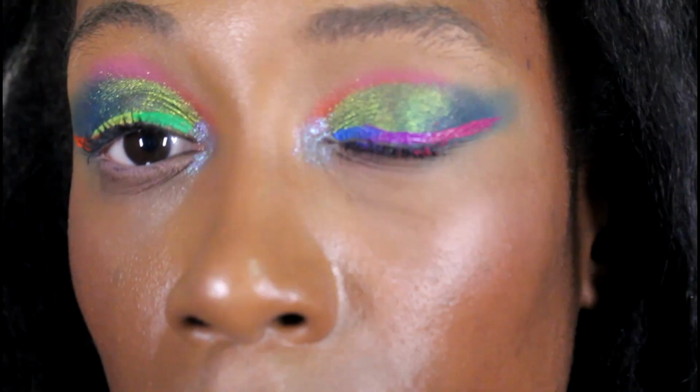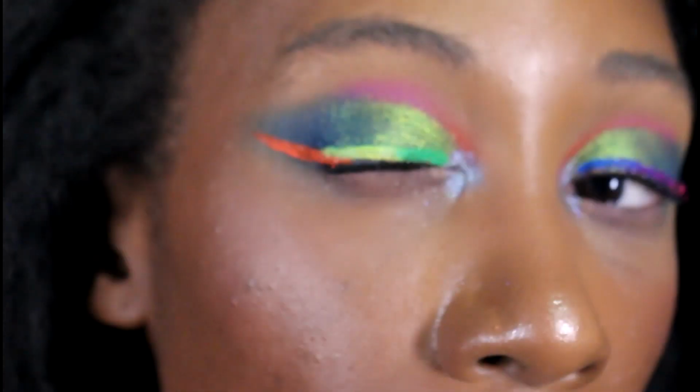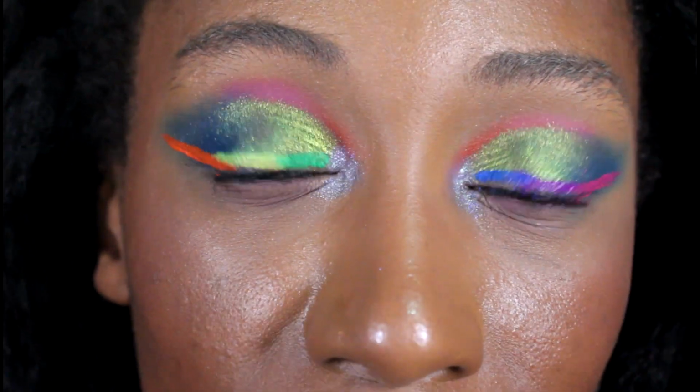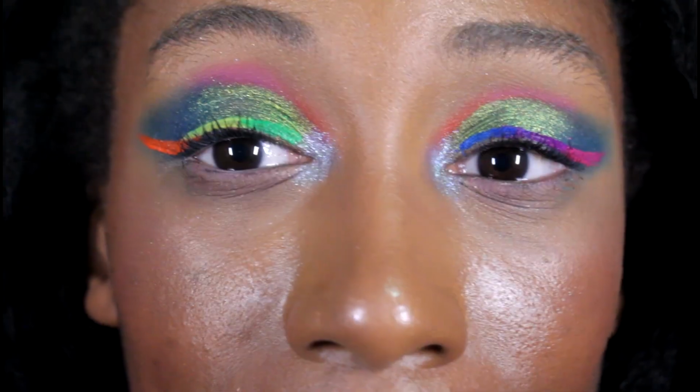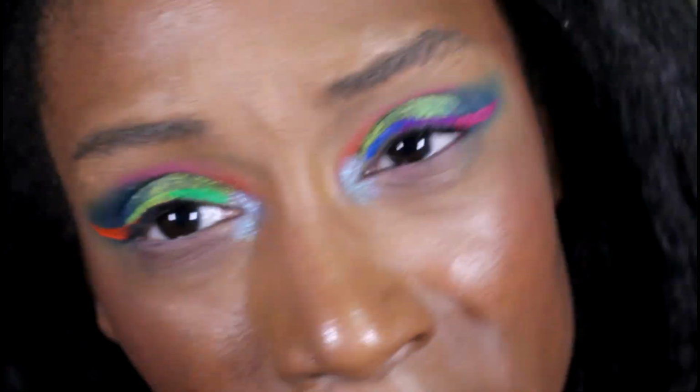Okay, y'all, so I got both eyeliners on. I did a pink, blue, purple with this side, and then I did this bright, fun side. So tell me which one you like best. Y'all know I'm preferring the fun, bright, neon one, but I want to give you two different options of color combination, and I feel like this one matches what's going on with this eye already a little bit better,